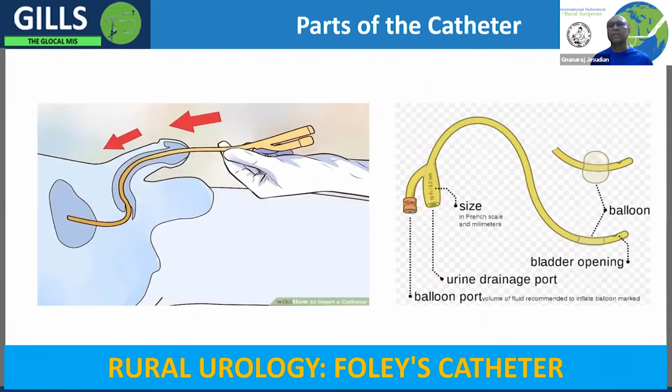So what are the things that as a rural surgeon or rural doctor you need to know about the catheter? First thing you need to appreciate is that the urethra is not a straight tube. It has all these curves. So it is important to remember this. Especially when you're trying to pass the catheter inside, you need to have as few curves as possible. Once you hold the penis this way, there is just one curve which the catheter has to negotiate rather than two curves.